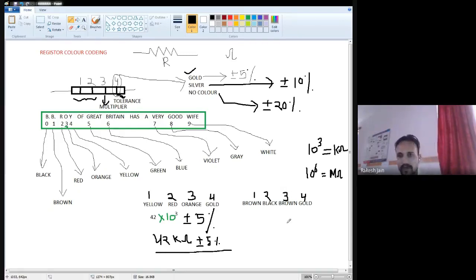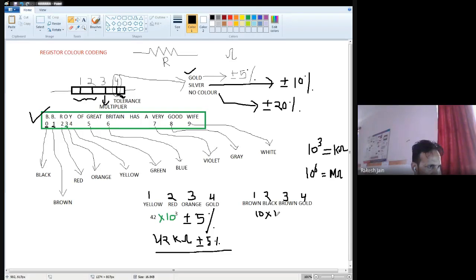Okay, now I want to find out the answer with the help of a standard color coding format. I just write down the standard color coding format on the right side. So brown, what is the numbering of brown? See, brown is at number 1, so I put 1. First two colors are written down directly. First is brown. Then what is the position of black? See, the black position is 0. So 1, 0. Okay, multiply by.